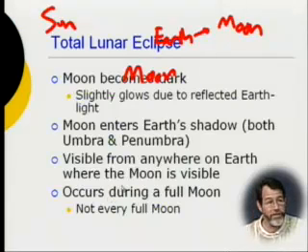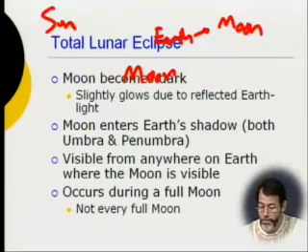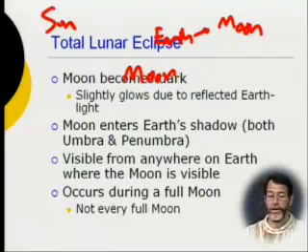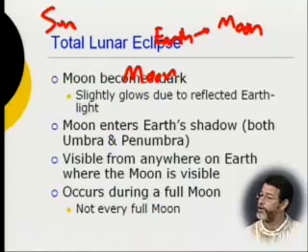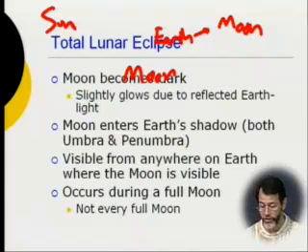Okay, a total lunar eclipse has the moon becoming dark. You can see the dark part of the moon due to reflected Earthlight and refracted Earthlight. The moon enters the total of the Earth's shadow, so it's sort of like the shadow of the moon on the Earth. The Earth has a shadow that the moon can enter on the other side. The difference is a total lunar eclipse can be seen from any place that can see the moon. So if it's nighttime and there's a total lunar eclipse, no matter where you are on the Earth, if it's nighttime for you, go look at it. Just look out, and again, you can be clouded out. Assuming there's no clouds, you can see it. So it's much more common that a person can see a total lunar eclipse than a total solar eclipse.